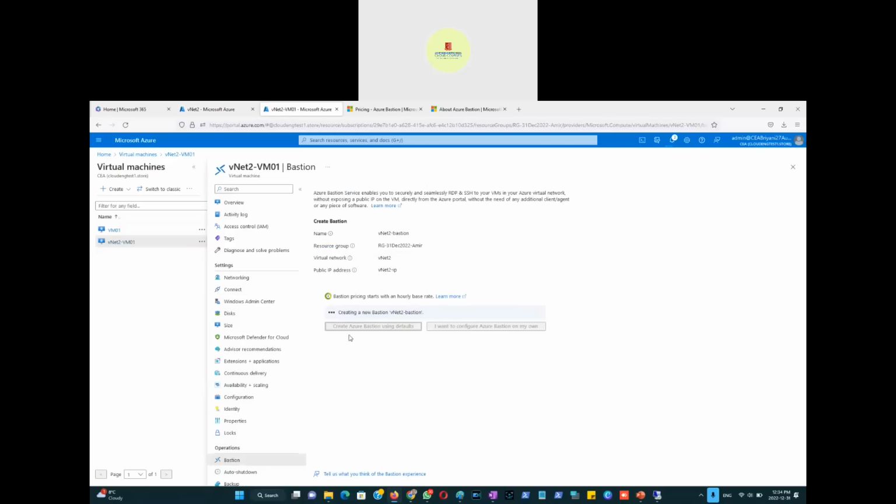I'm going to go to the next tab and check it out. Oh yeah, one more thing. It takes forever to create. Yeah, I remember in the class as well as the other batches. So this dude takes a lot of time to create. So, a Bastion service enables you to securely and seamlessly RDP and SSH. So when it is created, obviously, then I can show you how easy it is to connect through the Bastion